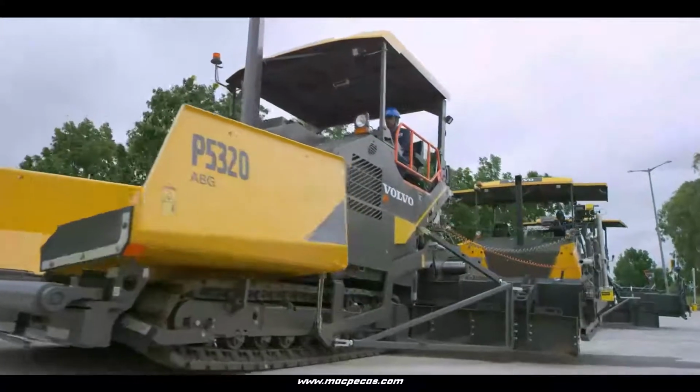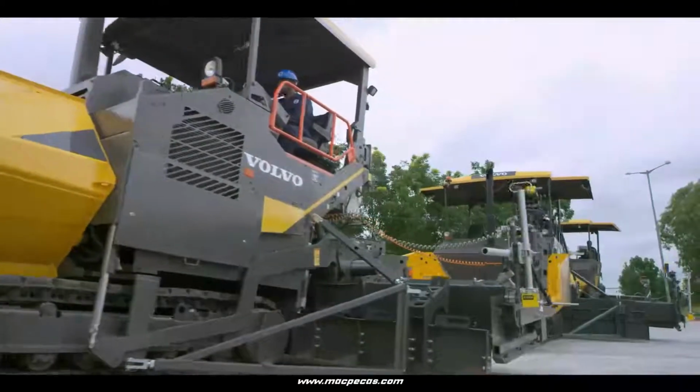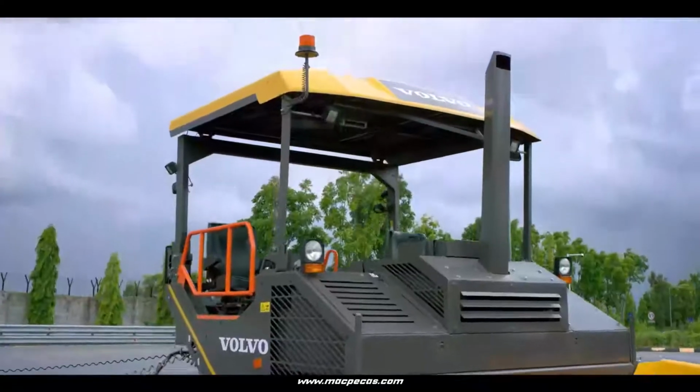If you own a Volvo, you are making a conscious choice to buy into quality. Introducing VOLVO